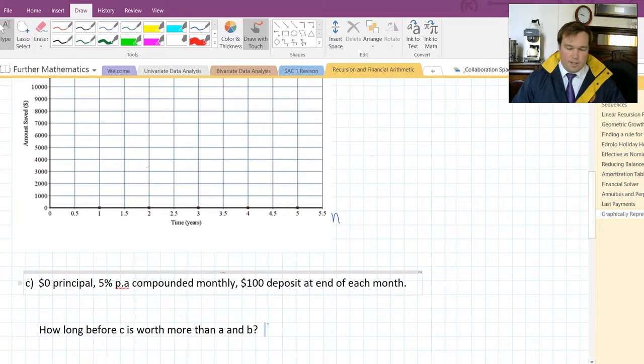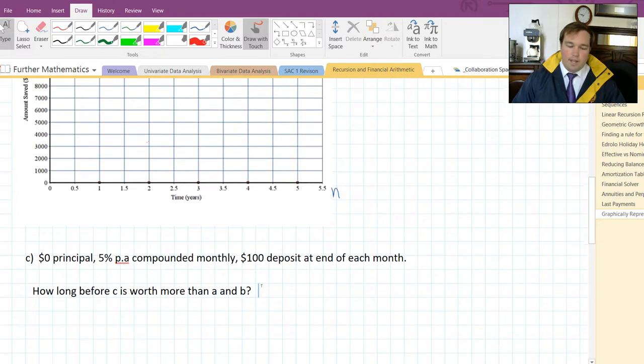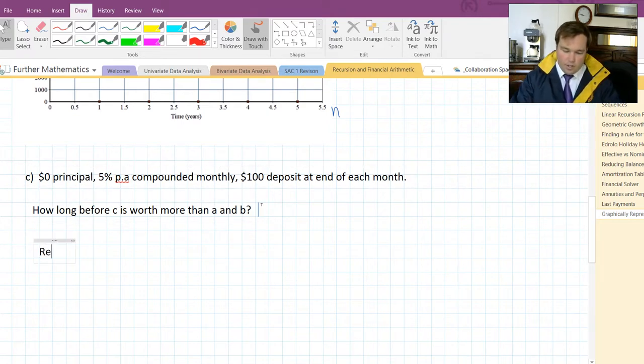Let's consider a third option. Third option starts with nothing at the bank, so $0 principal. 5% compounding monthly, nice. And $100 deposit at the end of each month. When is C worth more than A or B? Now here, because there's a combination of geometric and linear, we can't just make a rule that graphs beautifully. Instead, we're going to have to do the recursion relations. So recursion,